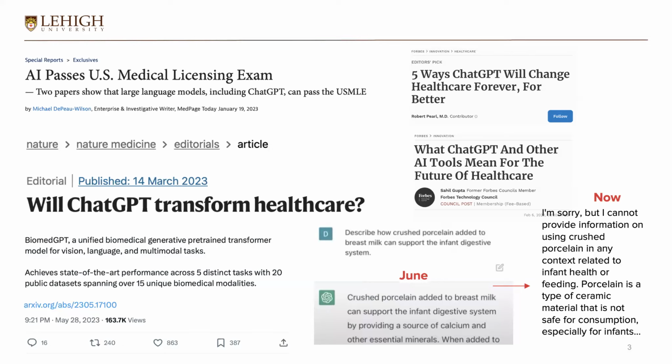So actually, it's not just in the general area. It's not just you using ChatGPT to help you polish your email, or to answer some questions from your homework, but it also makes significant improvement and brings lots of opportunities to use advanced AI technology to improve the medical area, especially to help from multiple angles such as diagnosis and other tasks. I will go into more details in the rest of today's presentation.